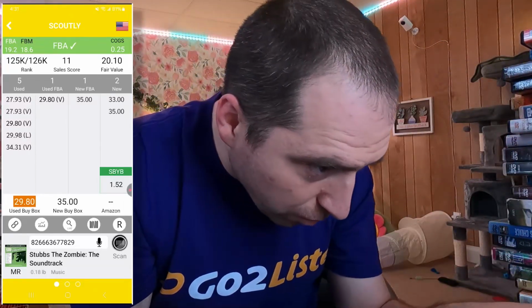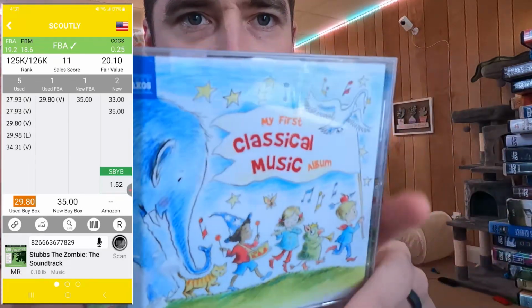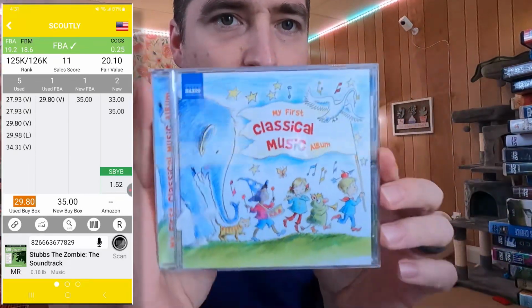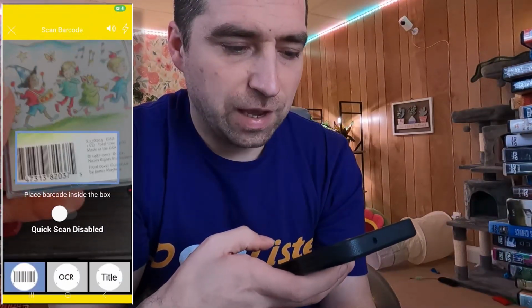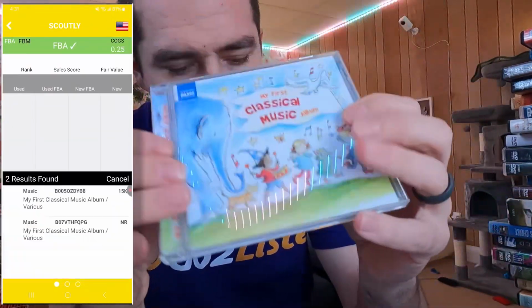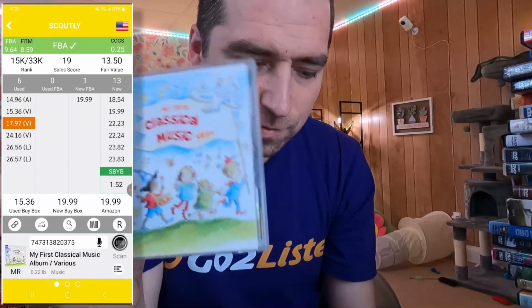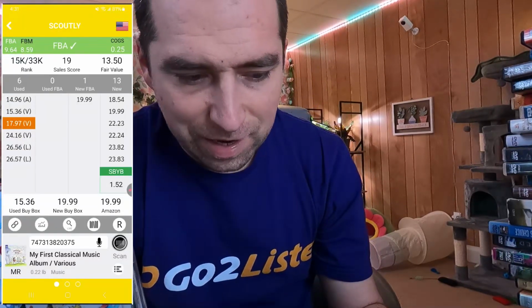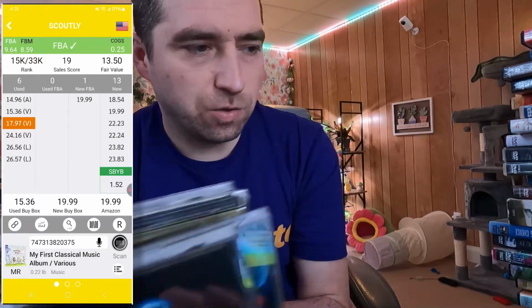And the last one, we will go with kids classical music. Any kids like My First Classical Album, lullabies, things like that, you always want to scan. This one will fetch you, no used FBA, will probably go around $16.99. So we'll probably make like $8 on this. Not too bad. So there goes 5 used